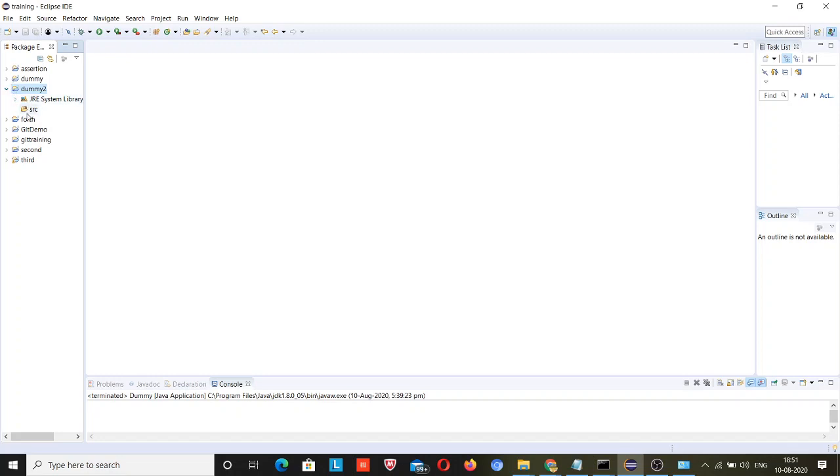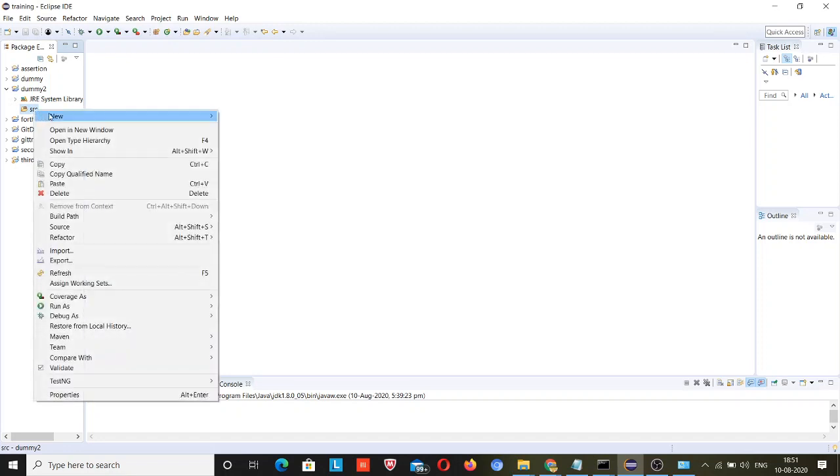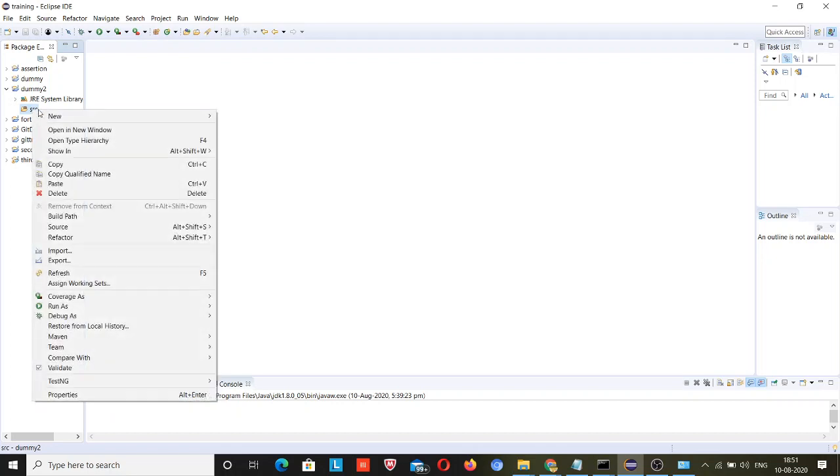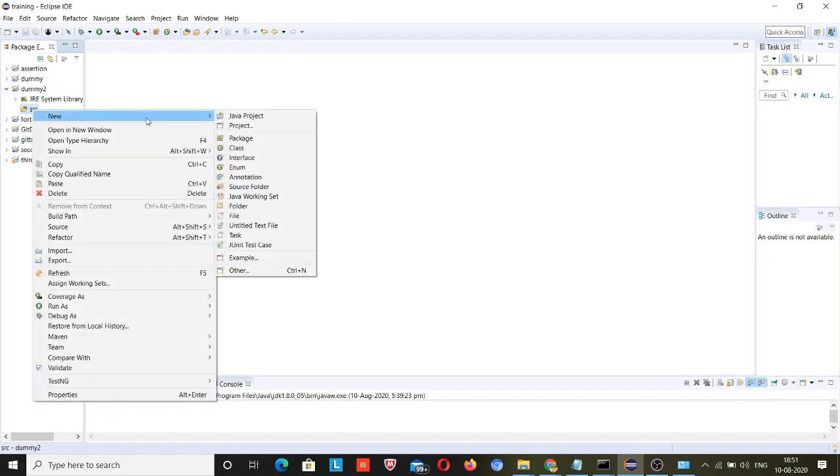Inside any project we need to make a folder inside the source. Whenever you make a package, as Java standard says, click on src, and right click on this src. There will be a New option. Click on New, and after that you will see Package.